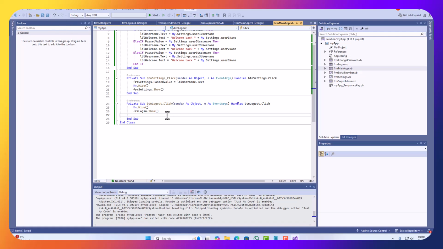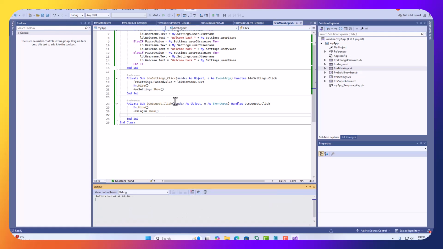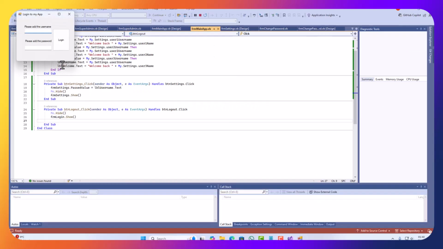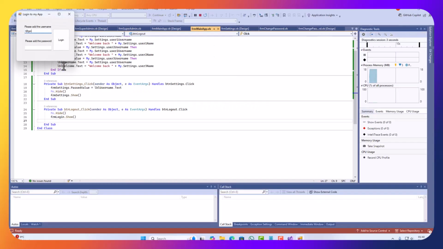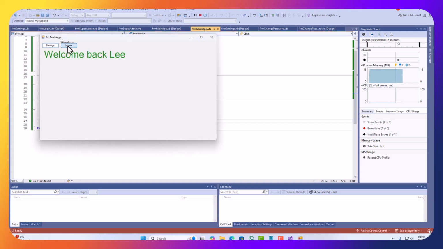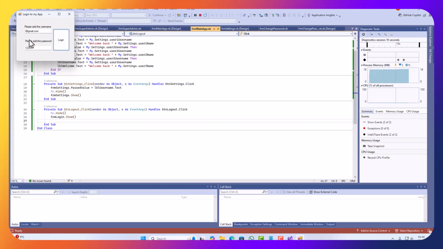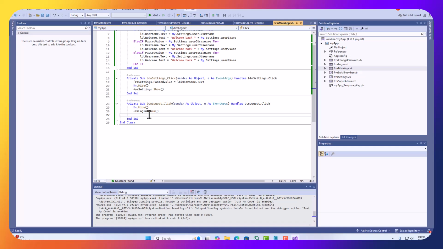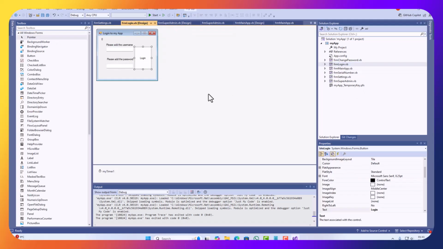So let's select this. Let's start. l@gmail.com. And then we're gonna say 1, 2, 3, 4, 5. Welcome Lee. Log out, and now we can see Lee's information here. So we're gonna change this. So if we go to the login page,